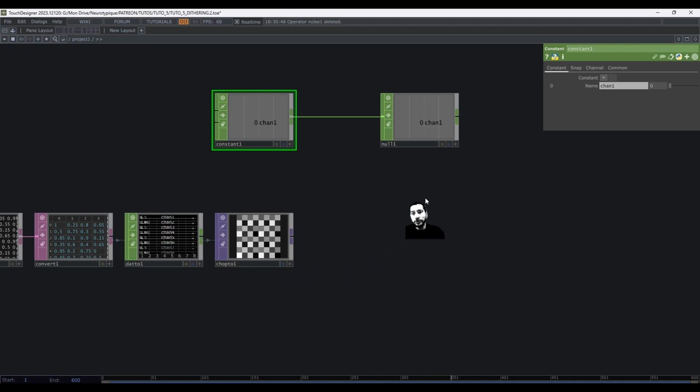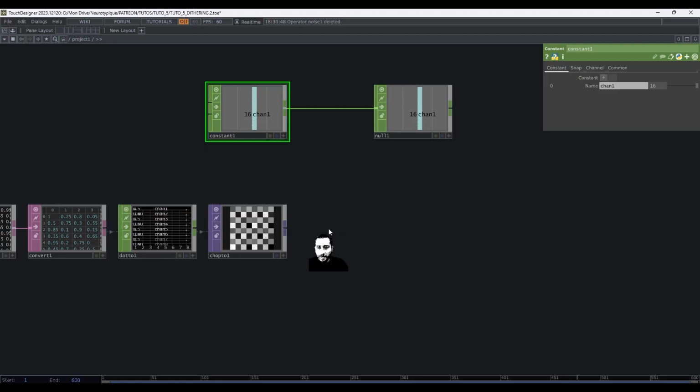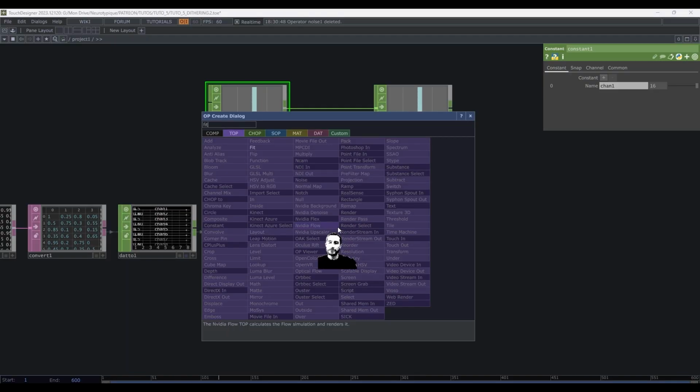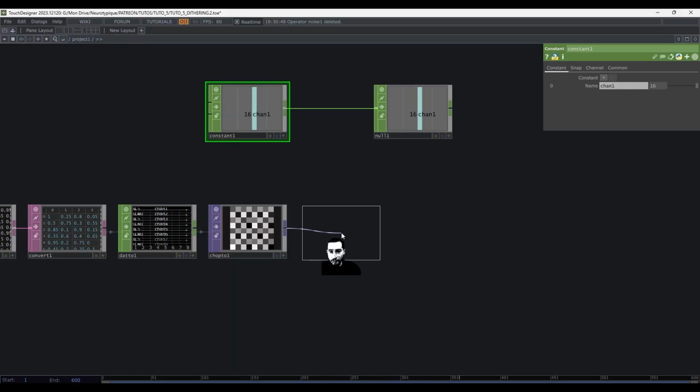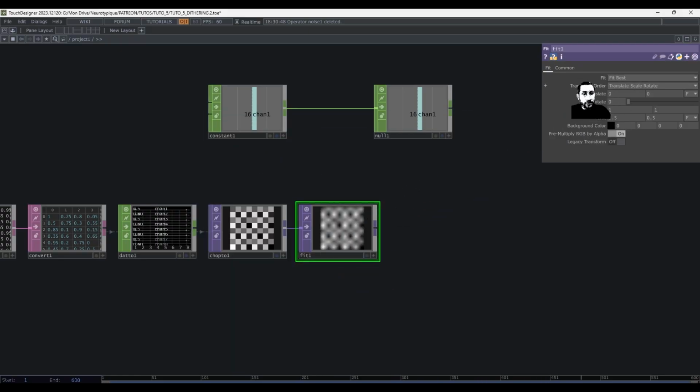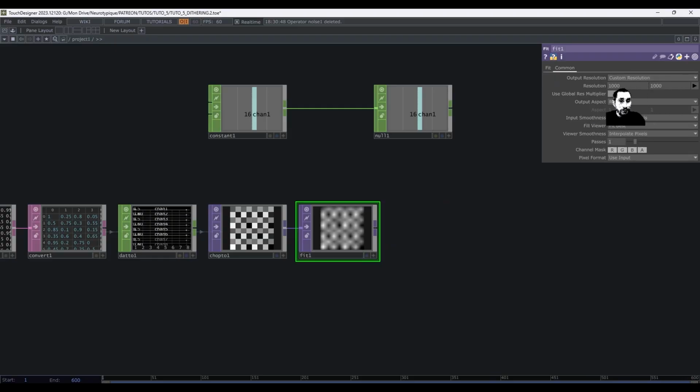We're sticking to powers of 2 because it will be simpler. And I want it to be 128, so 16 times 8 is going to be 128. First, we need to fit this image to be bigger, to be 128 by 128. And actually, we won't directly put 128, go with nearest pixels here.